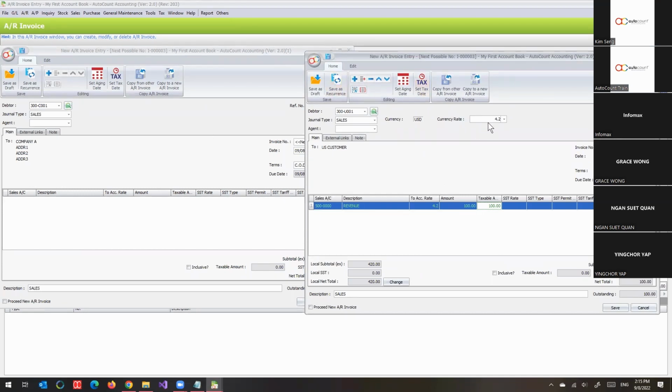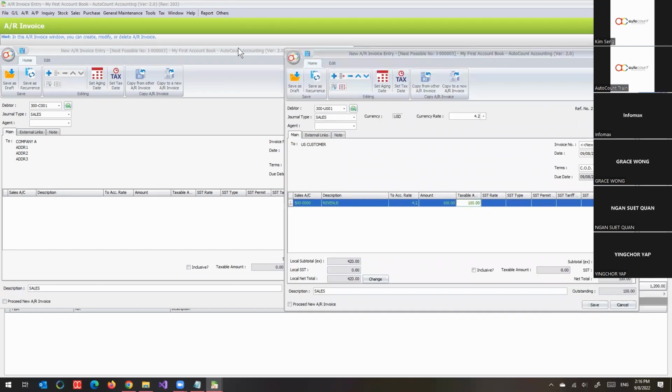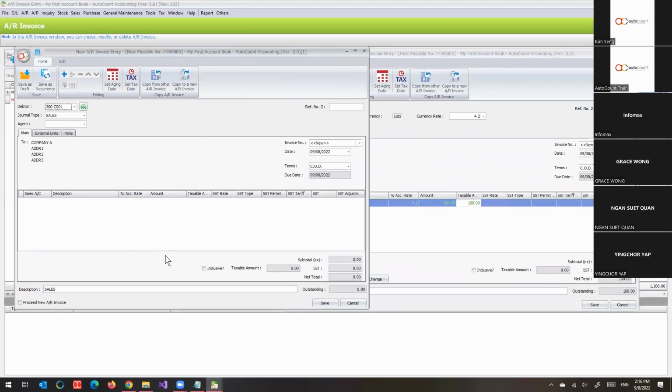The currency rate, yes, you see the currency rate, and it shows you this customer is in USD. That's one thing. Any other? You have spotted the first one. You know the game, right? Two pictures, what is the difference? If you can spot it in 5 seconds, that means you are very intelligent. Nowadays we play that. There's another one that you see at the bottom. Can you see that? At the bottom, here